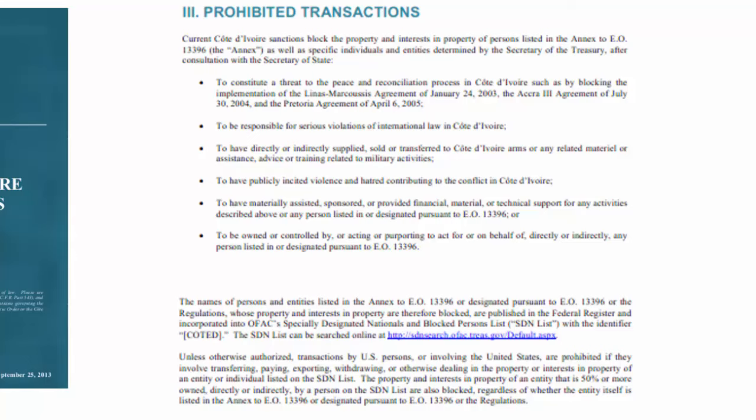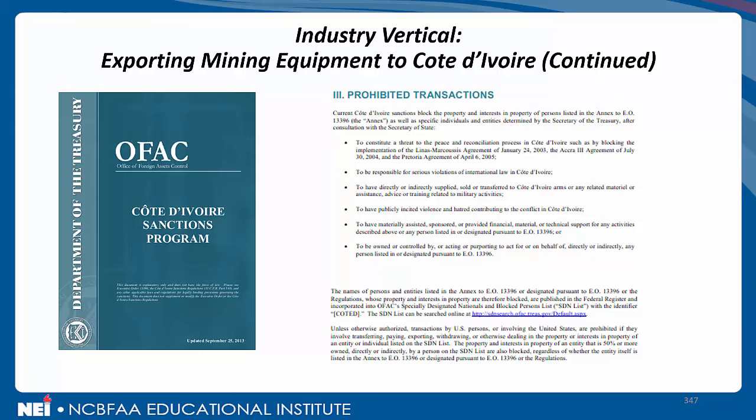There are other tools, many of which we've alluded to, that we'll get into greater detail in just a little bit. But another good industry vertical, this time about exporting mining equipment to Ivory Coast. If we have any thoughts of exporting mining equipment to this company, and any of the officers of that company or people involved in any way with that company have engaged in any activities listed here, it's a prohibited transaction.